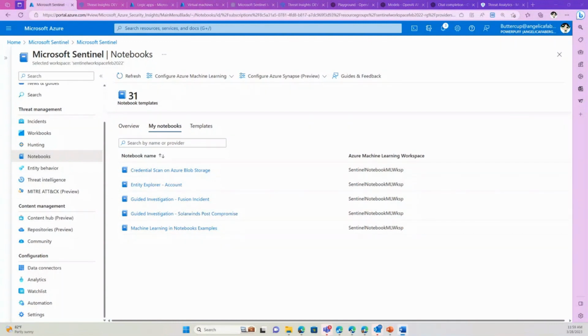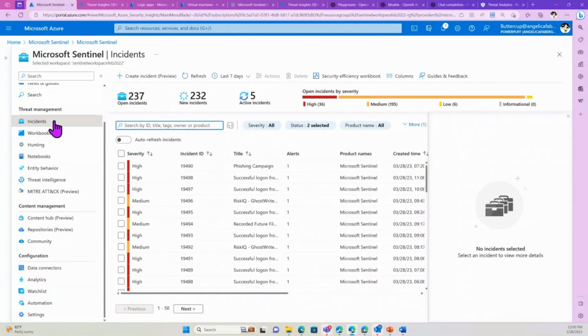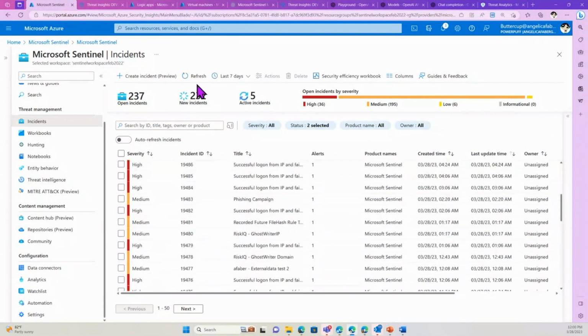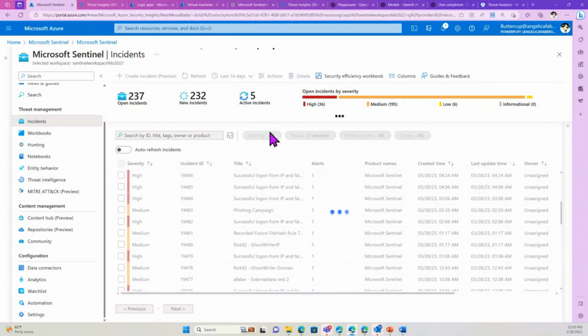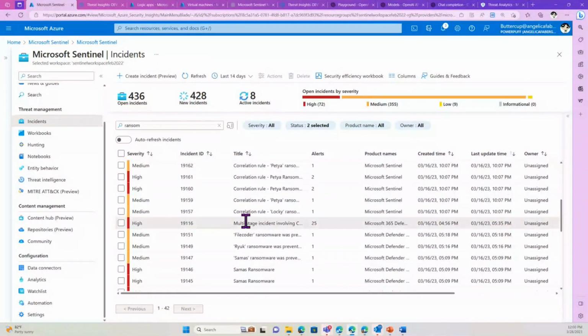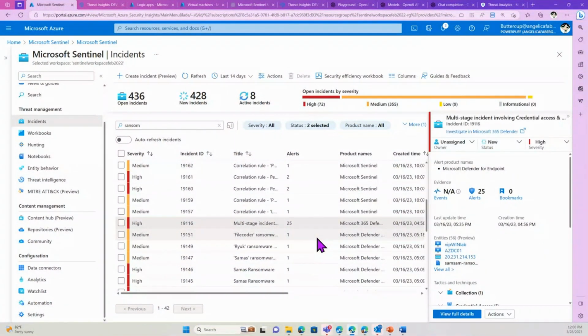All right, so let's jump into Fusion. If you could tell, I've been playing around and doing all sorts of attacks so that I could generate some Fusion incidents. I do need to expand it, I think. And I think I did some ransomware, if I remember correctly. Yes, I did. Okay, so I'm going to start with this one. This is the power of Fusion, really, being able to detect, and I'm going to cover Fusion at the same time as I cover incident